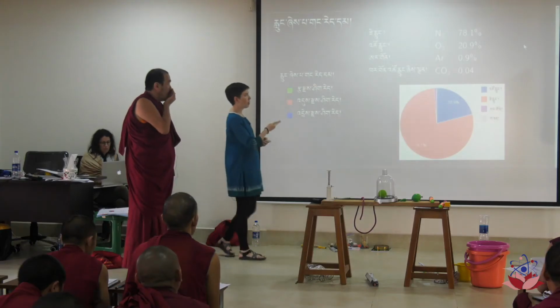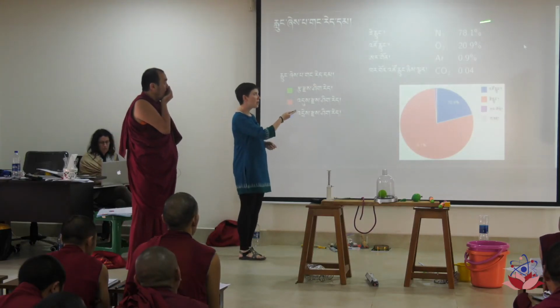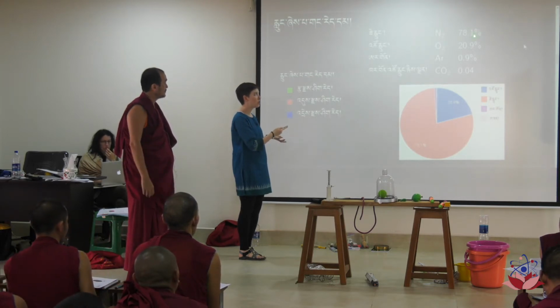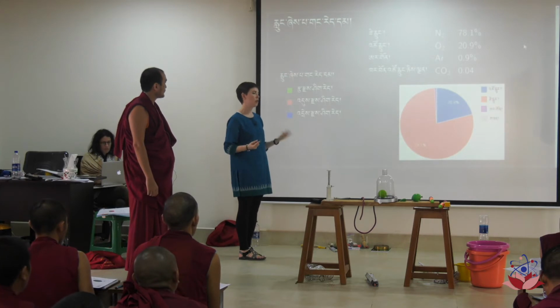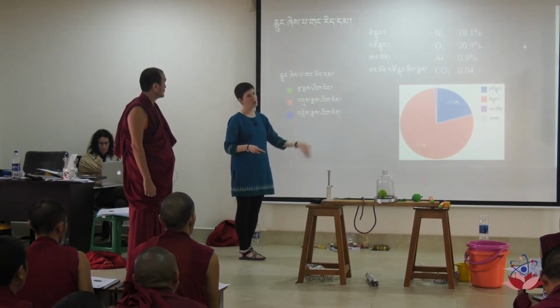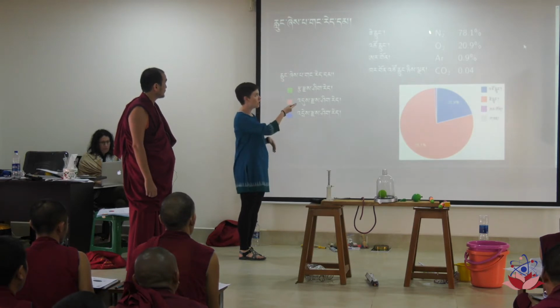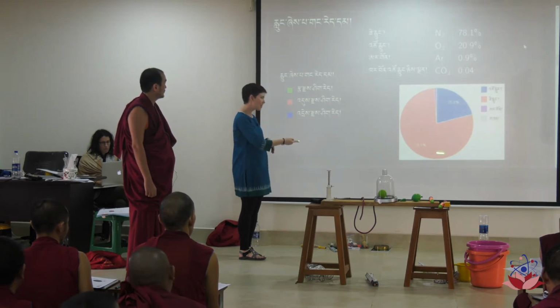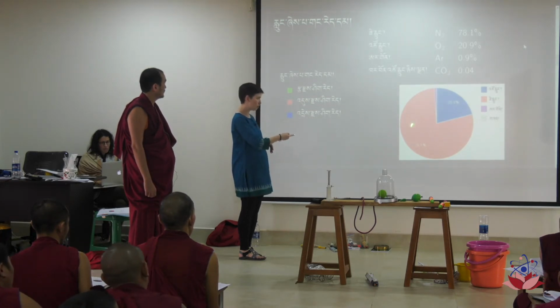So air is made up of 78.1% nitrogen, and a percentage is a way of showing a fraction out of 100. So if we counted, for instance, 100 air molecules, 78 of them would be nitrogen. And this plot just is a pictorial way of showing a circle and showing that 78.1% of that circle is